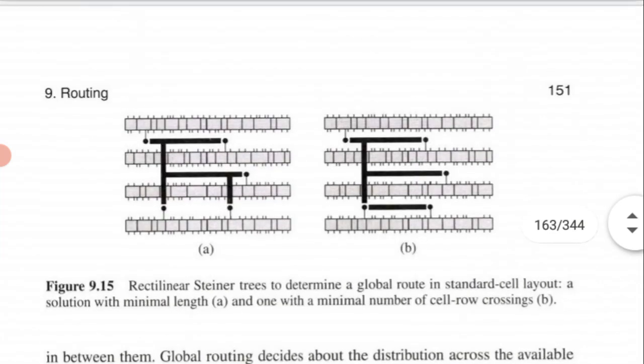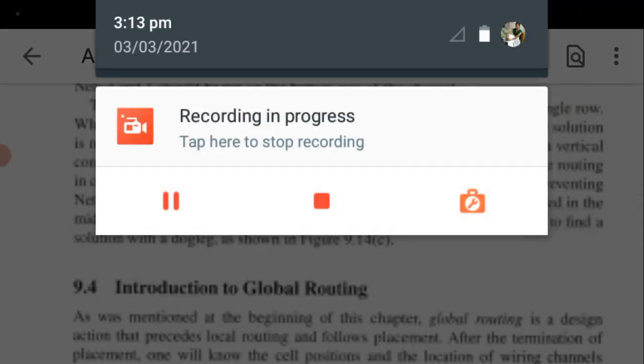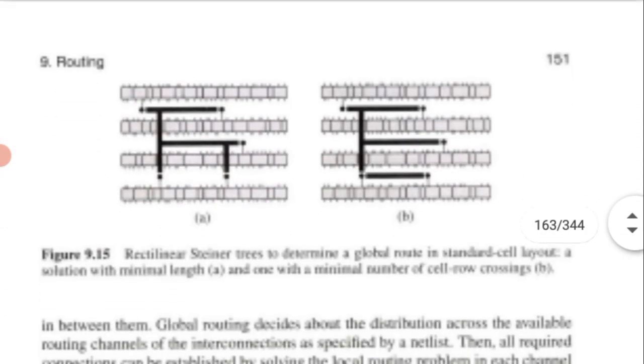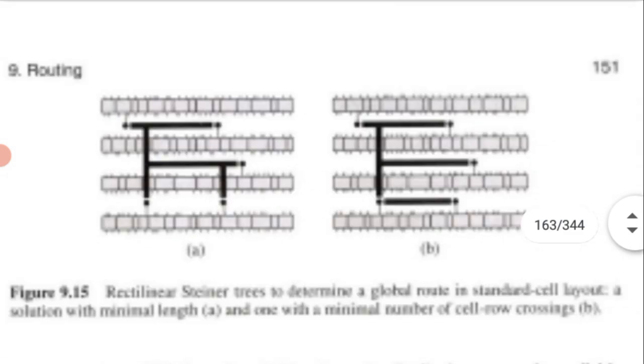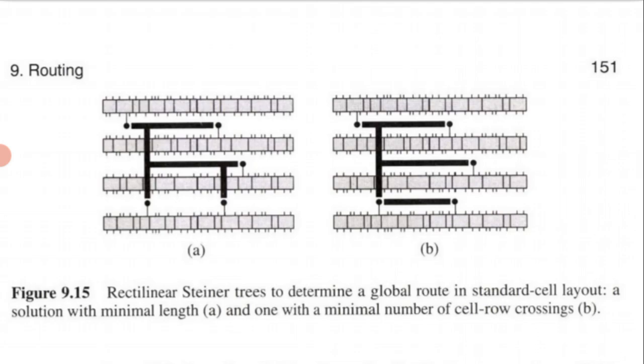Here in this figure, in this row a group of cells are arranged in a box. In the first figure, 19.15a, the first box contains many cells. There will be 4 rows in that, so the location of each cell in a row is fixed. The capacity and location of each feed through cell is also fixed.